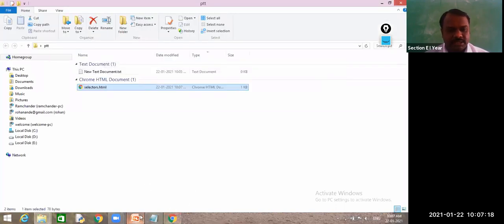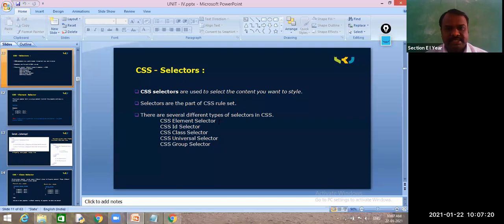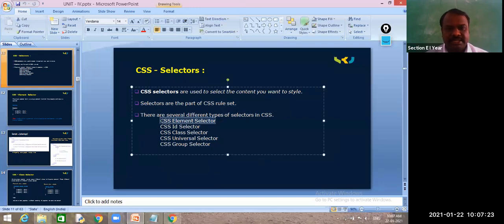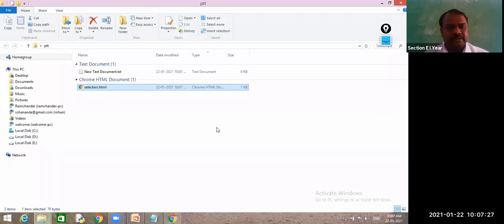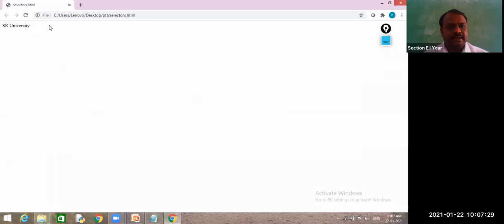Among these, you already know the element selector. Again I will tell you how to write this element selector. See here, my aim for this text is to display the text SR University large in size, its color changed to red, and its background should be green.